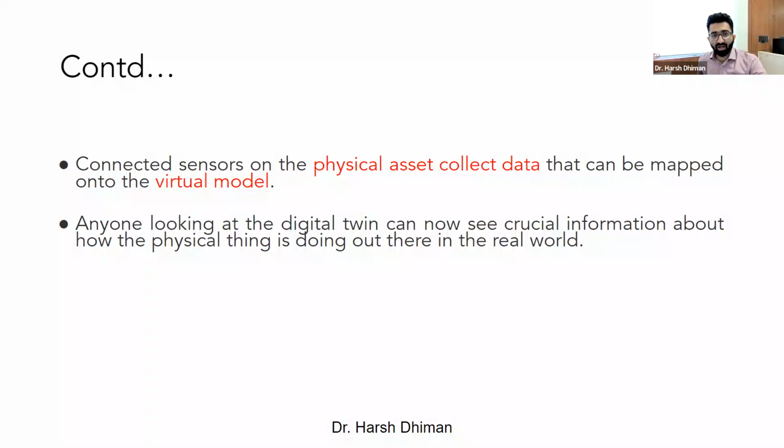So a cup of tea, if you keep it on a table and let it cool, that is a physical process that is happening. If you can describe that physical process with some mathematical equations, then this is known as a digital twin. Same thing we want to do, but now our object is a wind turbine. So in a wind turbine, I need to look at what are the critical sources of data from where I can gather meaningful information.